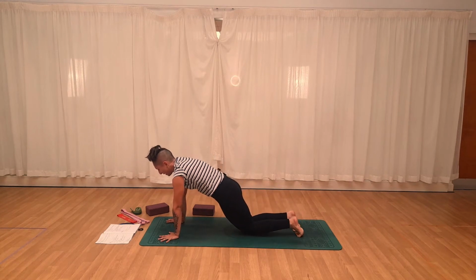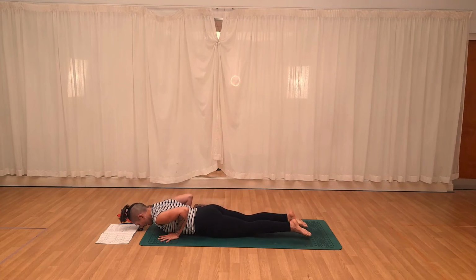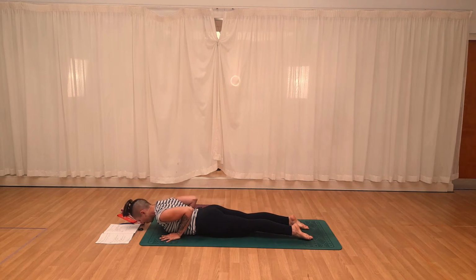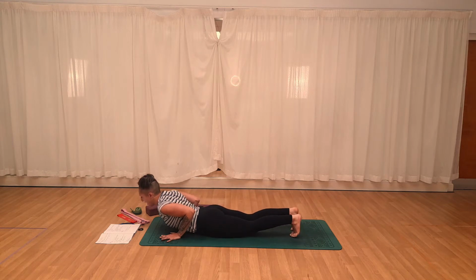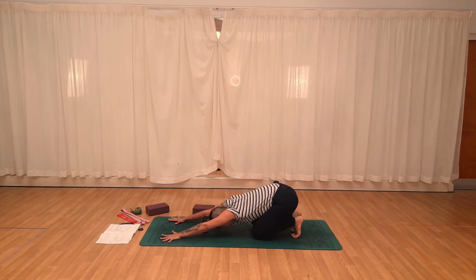Exhale, drop the knees, bend the elbows, hug the body. We drop it all the way down to the mat. Hands under your shoulders. Remember to hug your body with your elbows, and inhale, engage the glutes and lift the chest, lift the head for a cobra. Inhale here, and then we exhale and we tuck under the toes, push your hips back to a child's pose,